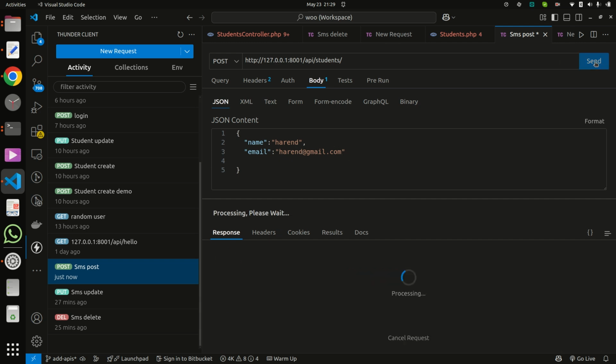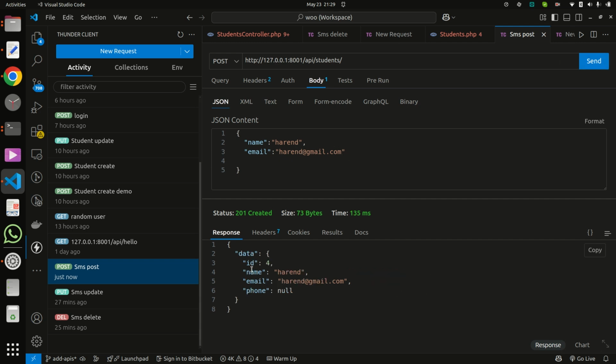Now it is giving only four columns: ID, name, email, and phone number is not available, but I inserted it via our resource class.